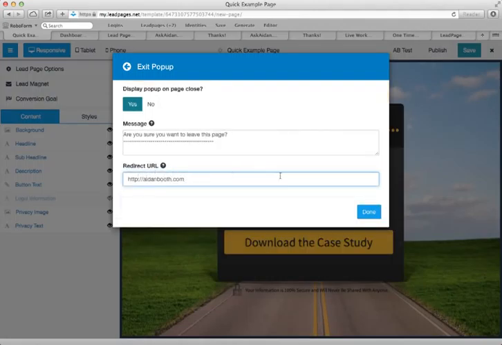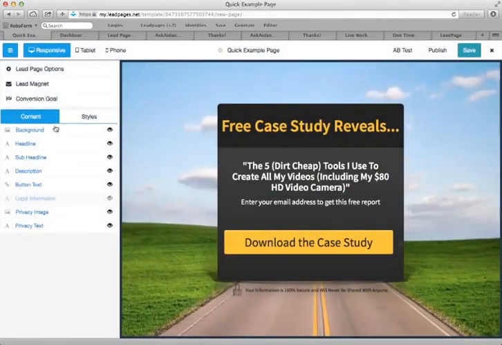And I'll just put aidanbooth.com in there. I can set conversion goals and all kinds of other things as well. For now though, I just want to show you how we actually install this. So I just click save here,